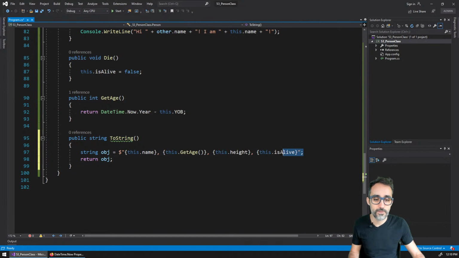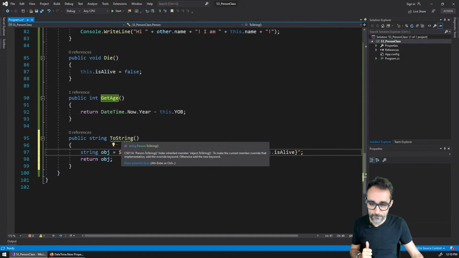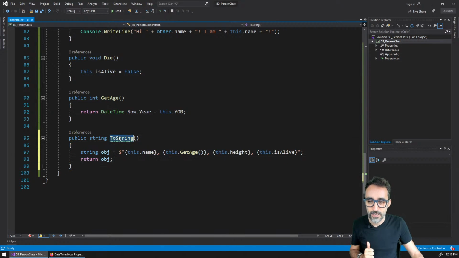All right. Remember that here I'm using string literals. I made a video on string literals at some point. It was somewhere in the playlist. Okay. And the only thing that I need to remember is that toString as a method already exists in objects